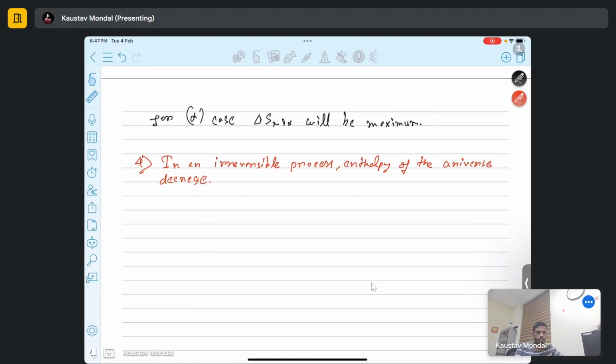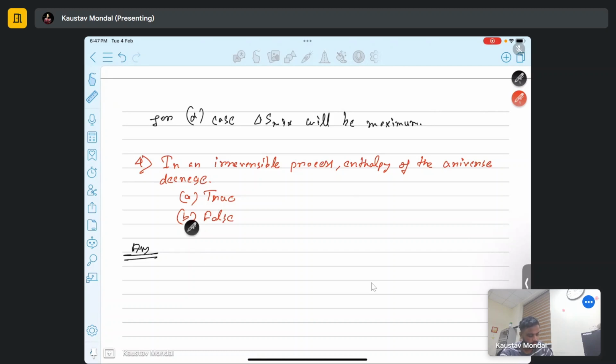So basically for this statement we have to support whether it's true or false. Before solving the problem, let me tell you one of the main fundamental laws in thermodynamics, that is the entropy law. You can also consider it a type of second law. So what this law basically states,